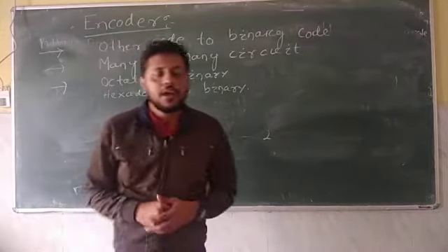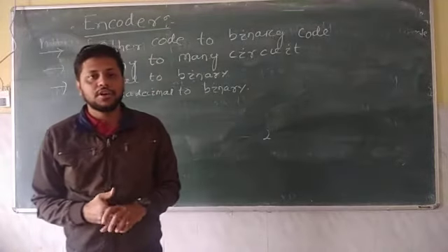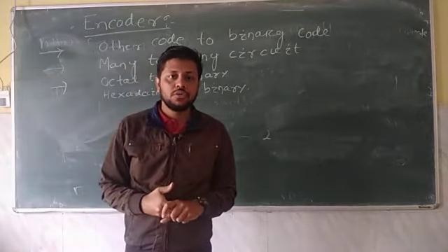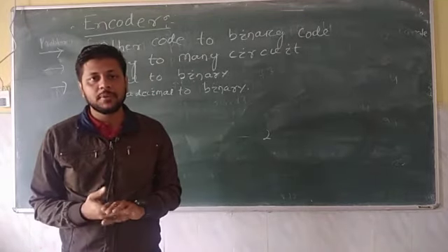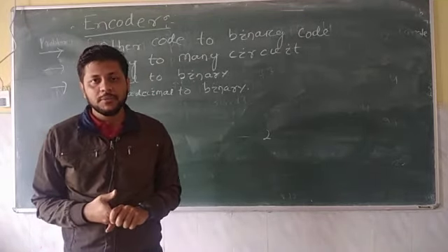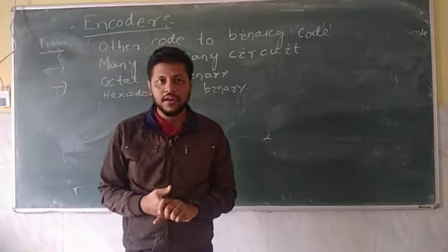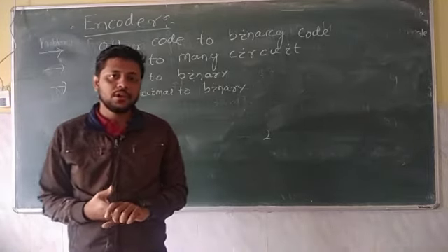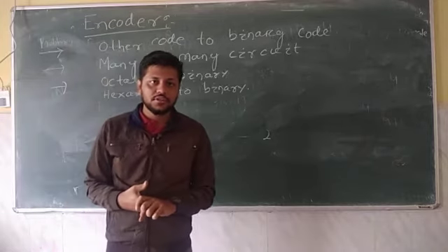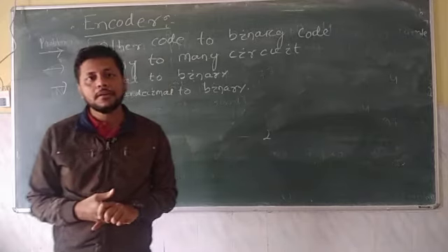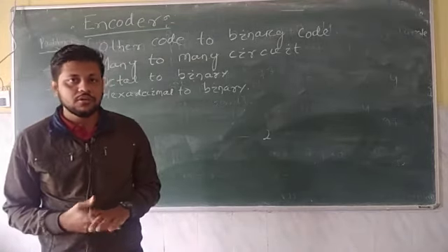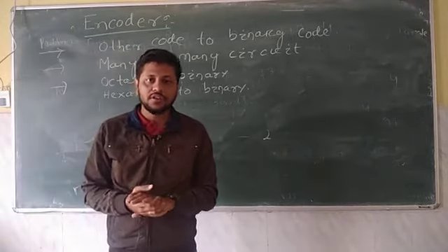So hello students. In the last class we studied two important combinational logic circuits, the demultiplexer. What are the applications of a demultiplexer? A demultiplexer is also known as a data distributor. It is particularly used to convert serial to parallel, a one-to-many circuit, or serial to parallel conversion. It is also a universal logic circuit.